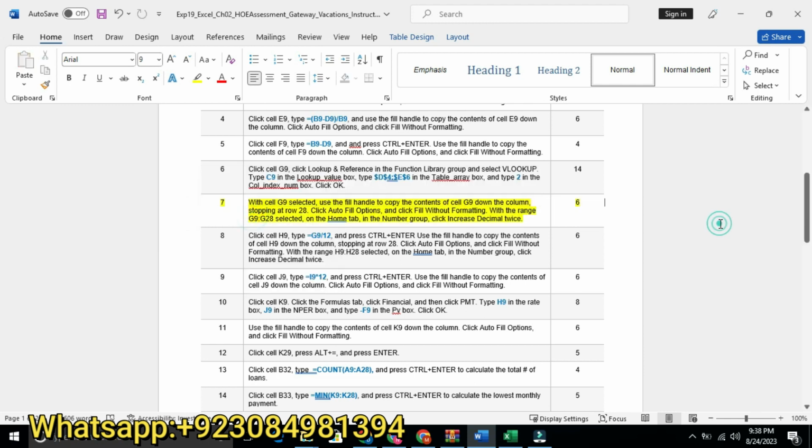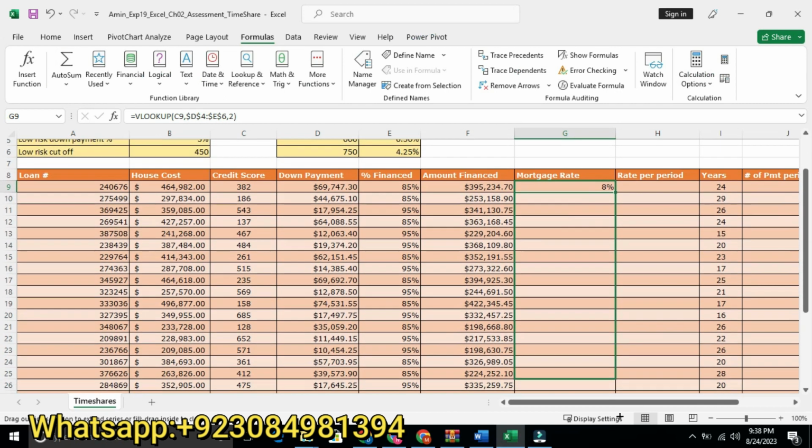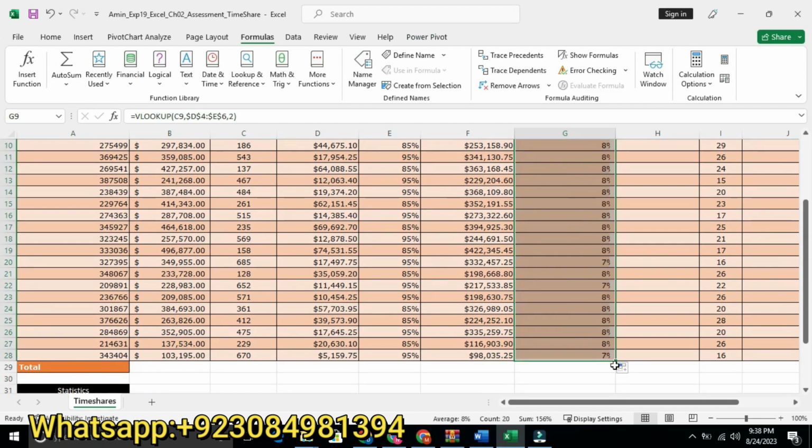Number 7: with cell G9 selected, use the fill handle to copy the content of cell G9 down the column, stopping at row 28. Click the autofill option and click Fill Without Formatting with the range G9 to G28. So we will select this one up to G28 and use Fill Without Formatting.